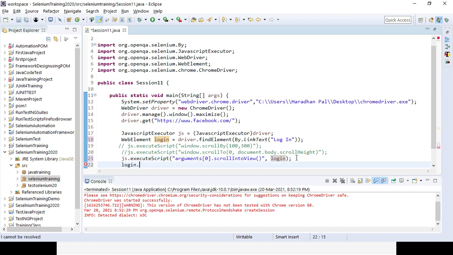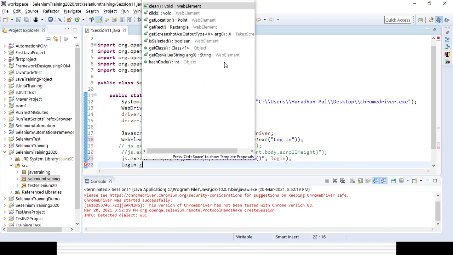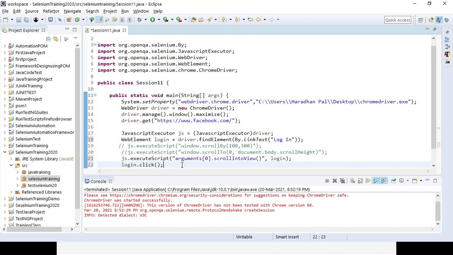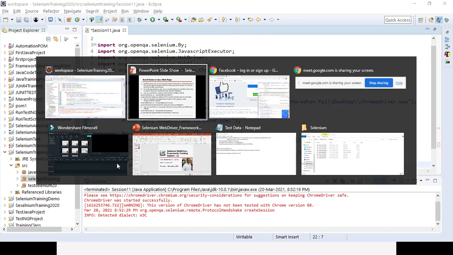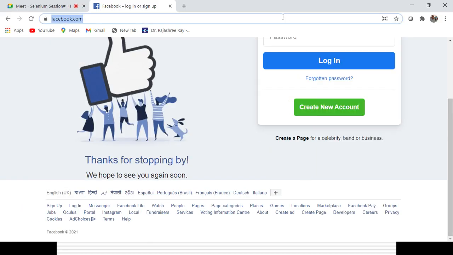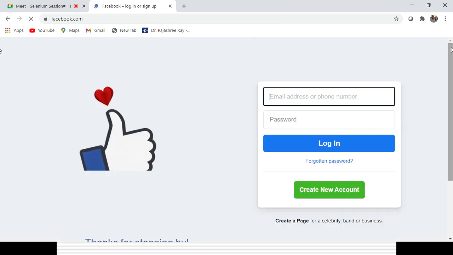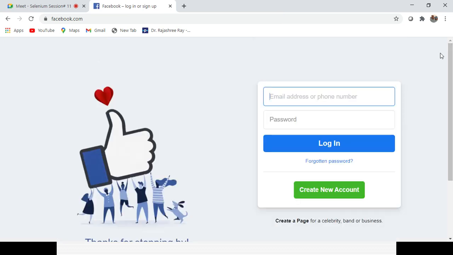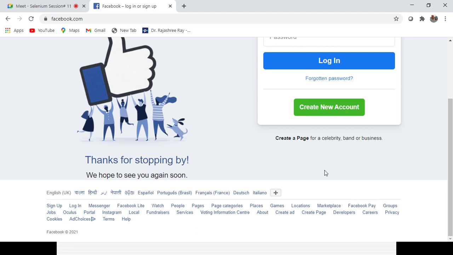So it will never fail. Otherwise it can fail, because it will not be able to find that element. So as and when you are opening the Facebook page, let's open the Facebook page, by default your page will be at 100% zoom. And you can see that the option does not come into view by default. So you have to scroll down in a manner that that particular option will be visible, and after that it will click it, so your script will never fail. Got it or not?